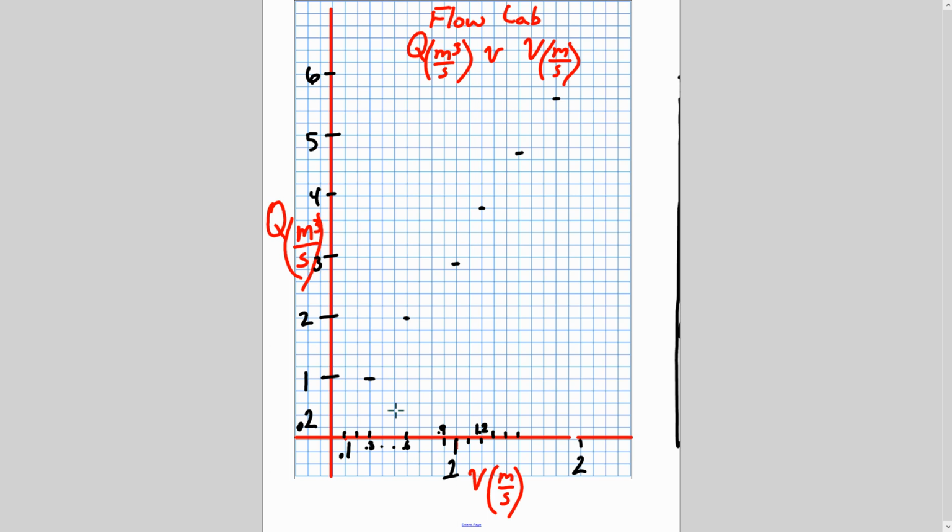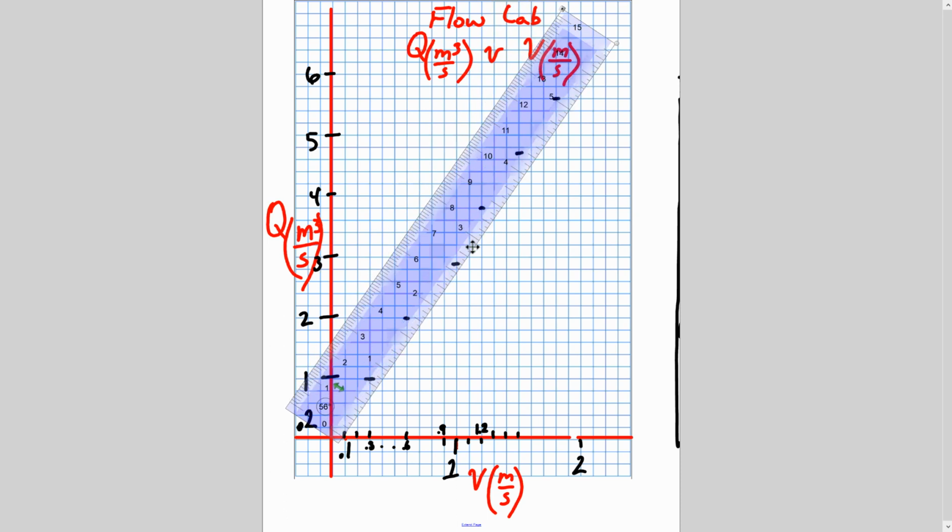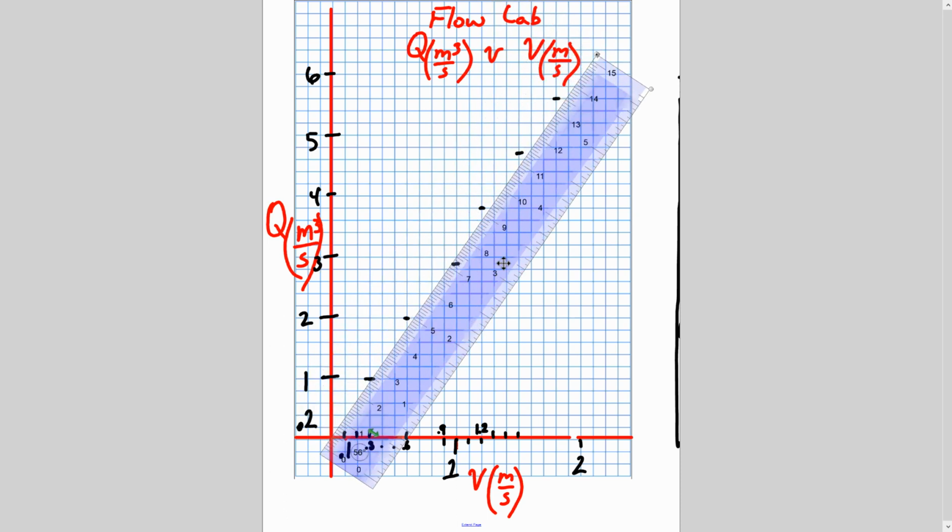So now the goal is to do what's called a best fit line. So take a ruler out, and whatever you do, this is not connect the dots. So your goal is this: take your ruler, preferably a transparent one, and what you're going to try and do is take your ruler and lay it on your paper in such a way that you can, and by the